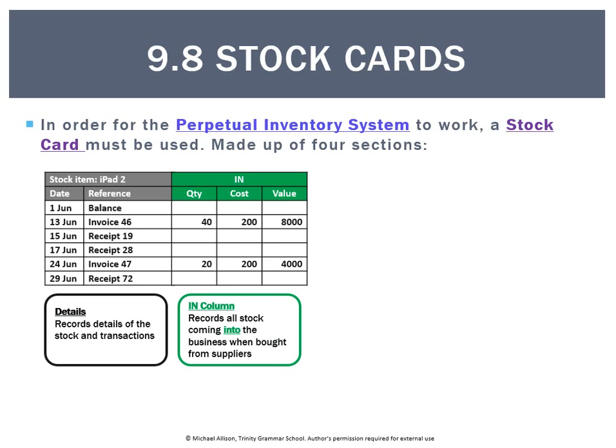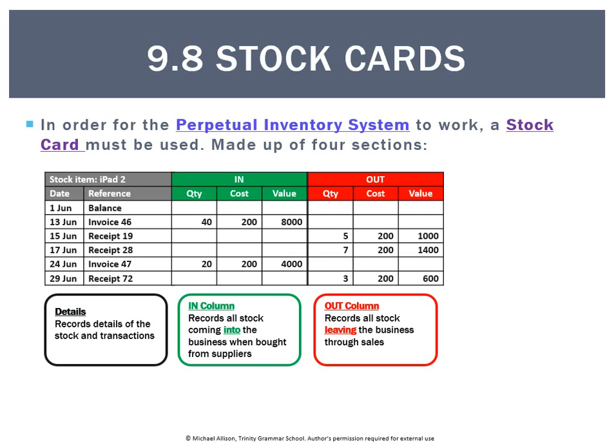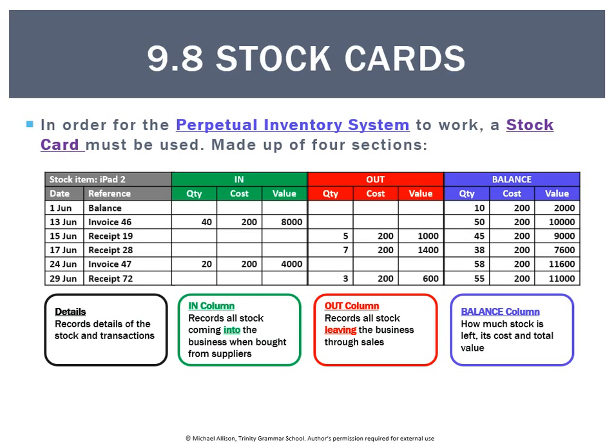We've then got the in column that records all movements of stock into the business. We've got the out column that records all movements of stock that leaves the business. And lastly, we've got the balance column, and that records how much stock is left, its total and cost. So you can see for in, out and balance, we've got 3 things each time. We record the quantity, the cost and the total, or value. So in balance, for example, take this one here, we have 45 units at $200 for a total of